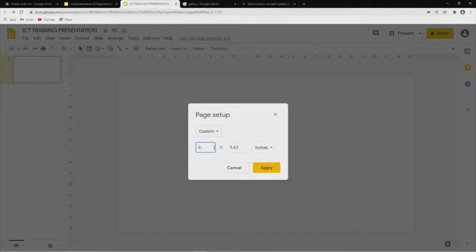We have to overlap a little bit, so we have 7.5 and 11.2 and hit apply,